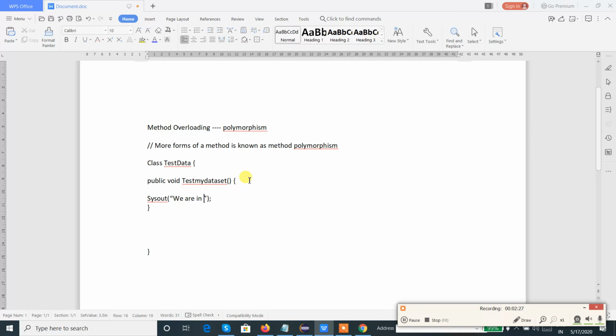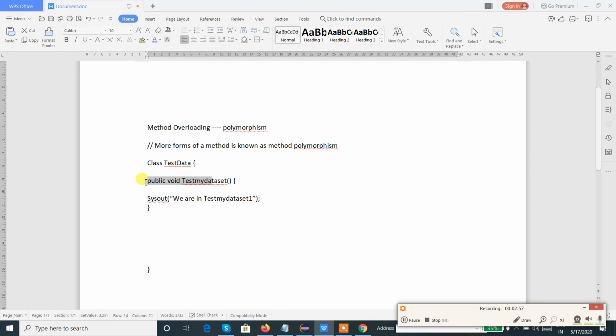We are in test my data set 1. So, this is the definition of the method. Once the method gets called, it should display the statement in the print method. Now, let me create one more method with the same name.